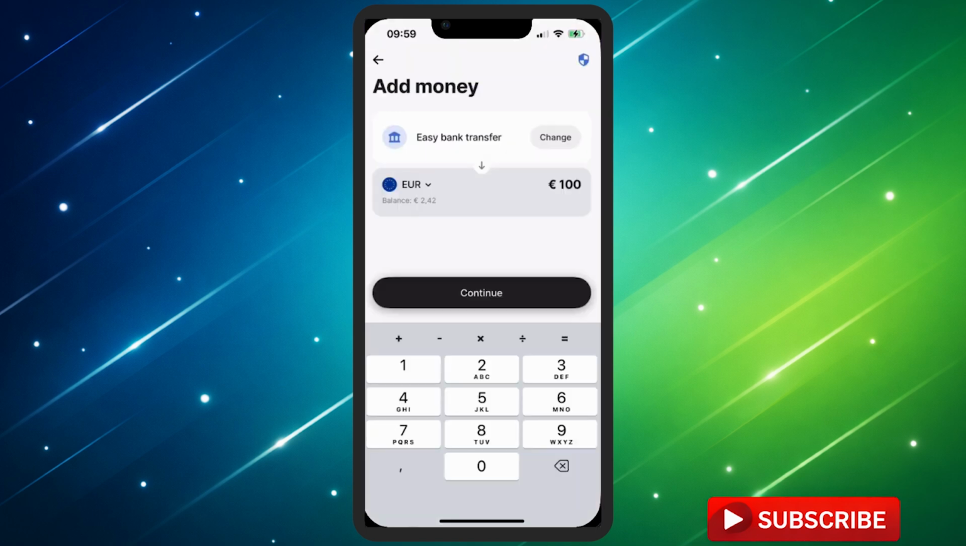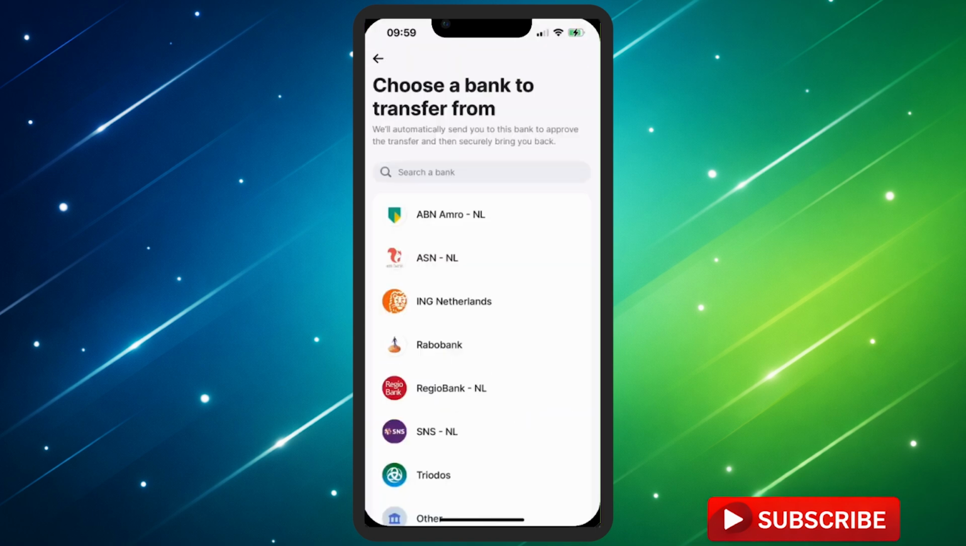Next, enter the amount you want to add and press Continue. Then select your bank from the list. After choosing your bank, you'll be redirected to your banking app or website to approve the payment and finalize the transfer. That's the process for sending money from your bank account to